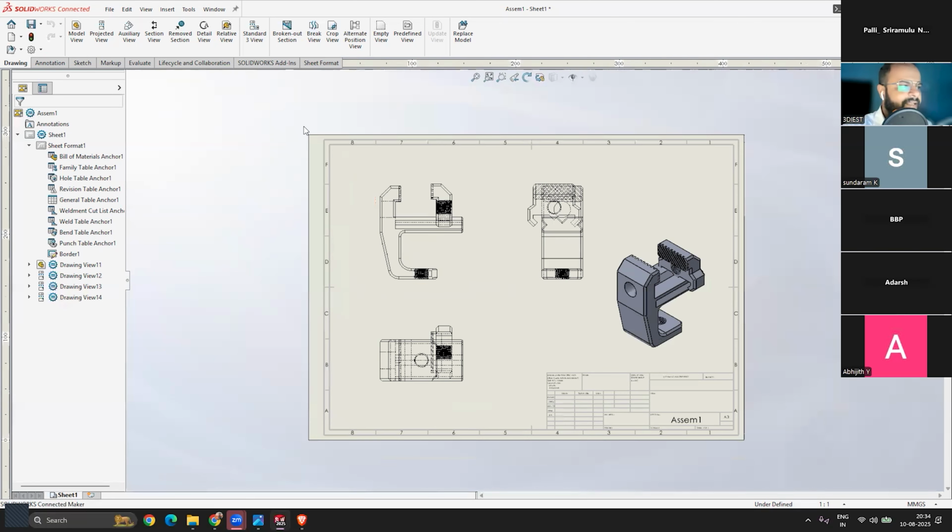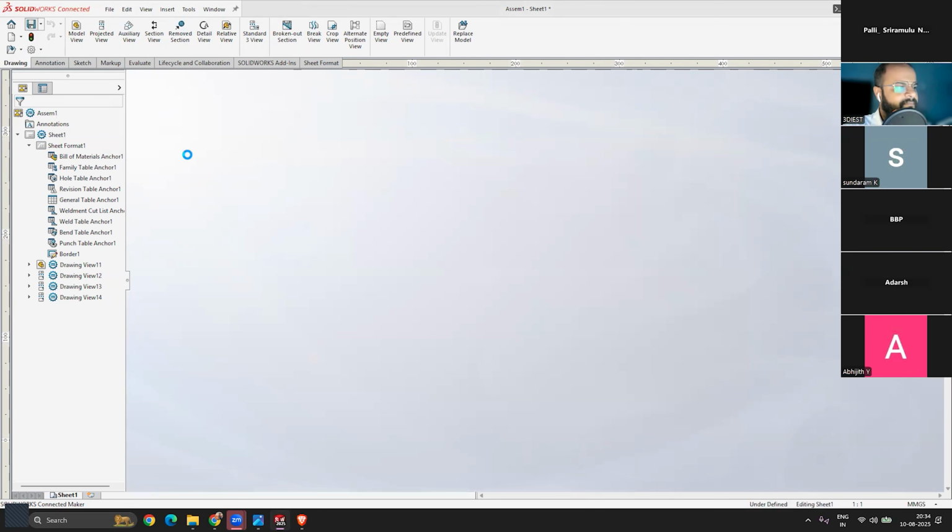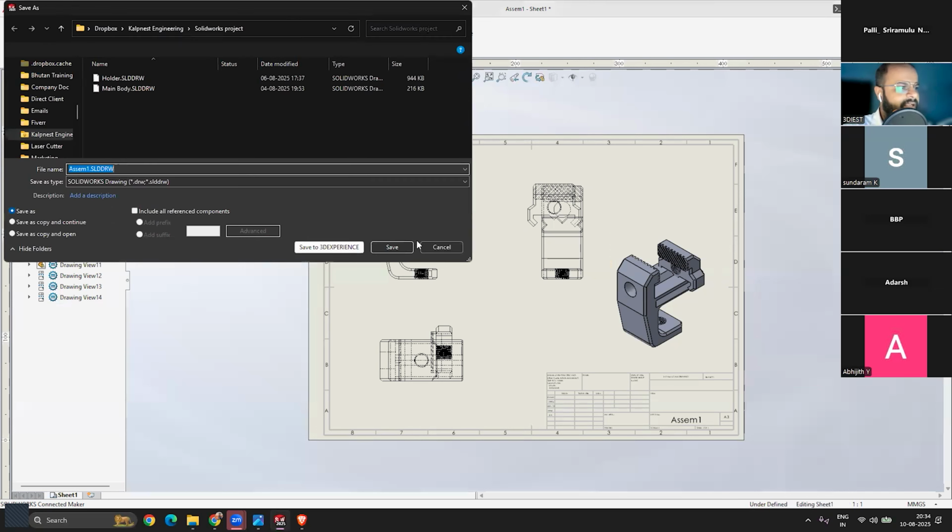Now, since we added all the views into a drawing, first thing I will do, I will click on the save option over here. The moment I click on save, here you can see I had saved this one. It is getting saved with a file extension called SLDDRW.